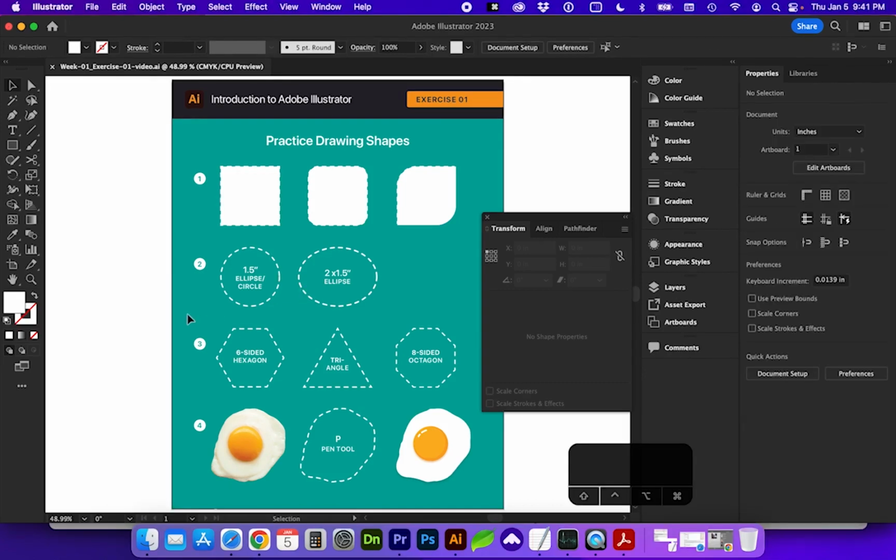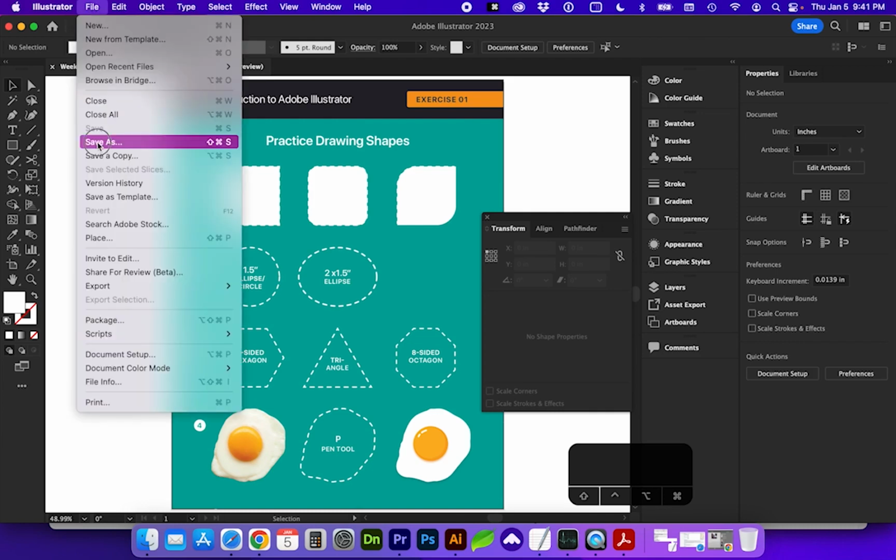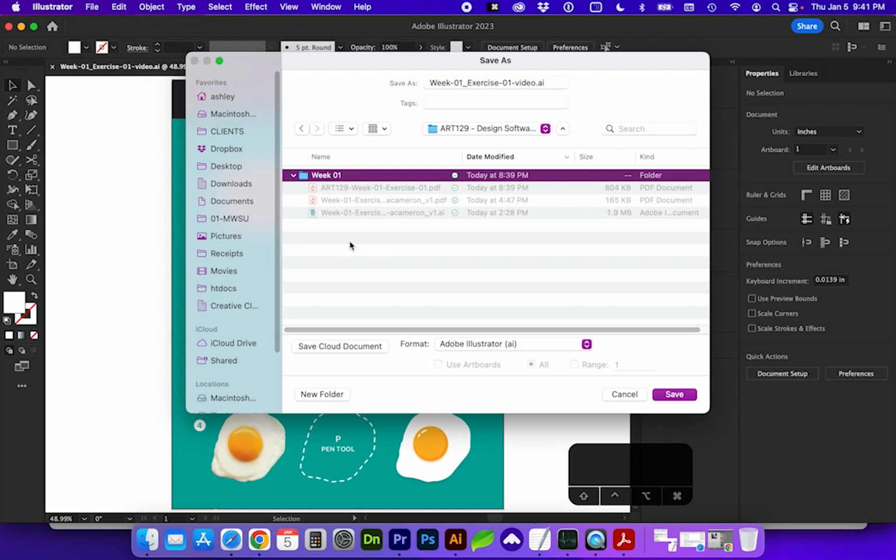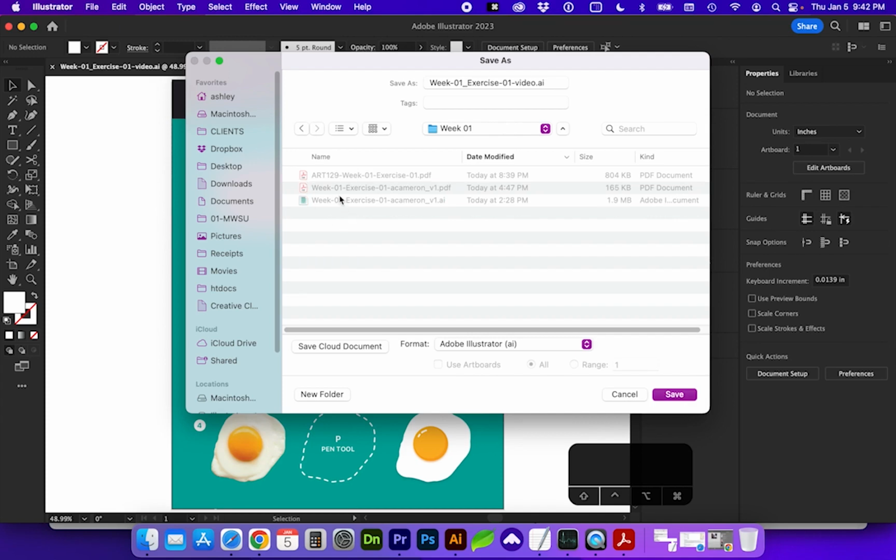Before we get too far, let's go ahead and save our document. It's very important to save often. So let's go to File, Save As. And if you haven't already, I would like you to create your class course number and description for the folder, which is Art 129-Design Software Applications. Within that, you will create a Week 01 folder, and this is where we will save this